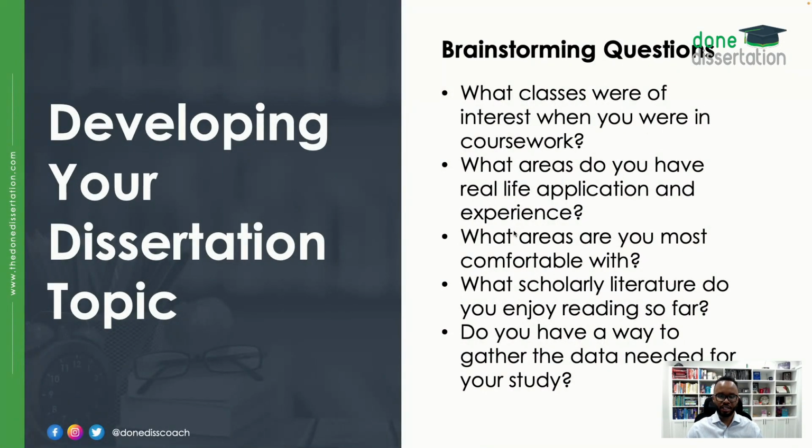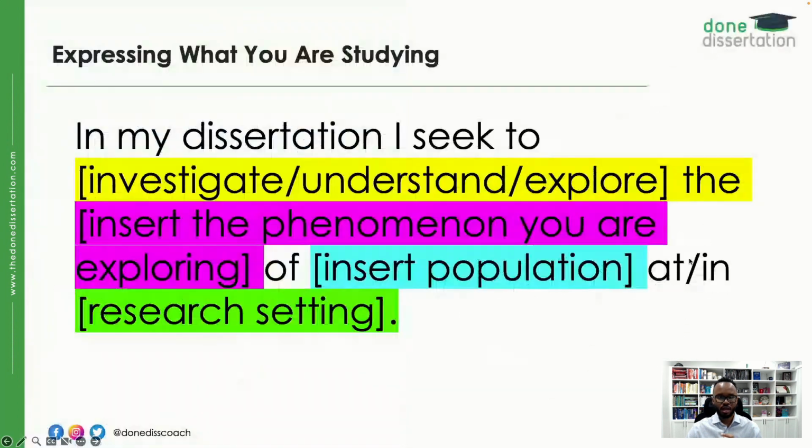Then once you do this, I want to give you something to consider, and this is how you know you're at a point where you have it down in terms of what you want to do with your dissertation. Here is the expression that I want you to start thinking about, and this is something that's going to happen to you over and over again. This is just a framework for you to think through your topic. If you can insert where the highlighted portions are what you're going to do, this will make a world of difference. If you're able to do this clearly and concisely, you'll be on your way, and that's a signal to faculty that you have your topic narrowed down.